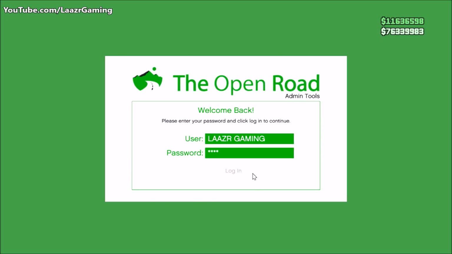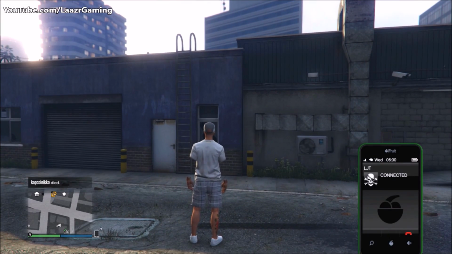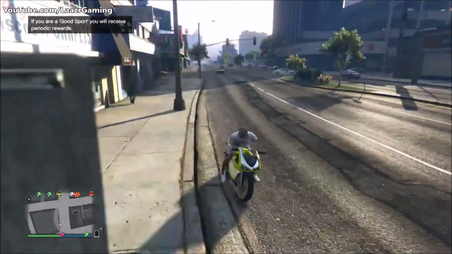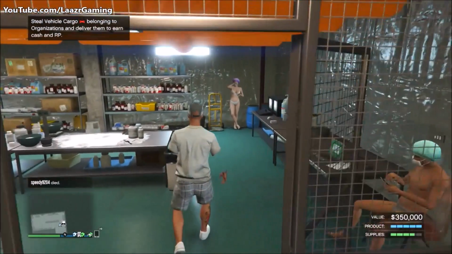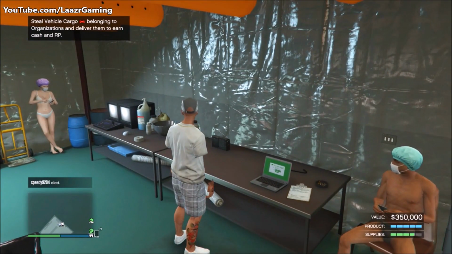And just to prove to you guys that this method is 100% unlimited, I go ahead and do it yet again. Steal supplies, wait 5 seconds, find a new session, back to my business, and my product has gone up from 315 all the way up to 350k. So in the short 5 minutes of me recording this video, I've already made over 100k, and that is the flat rate base. By the way, your product will sell for more when you sell it in the opposite county, so that 350k is more like